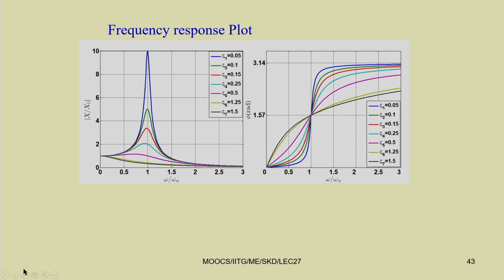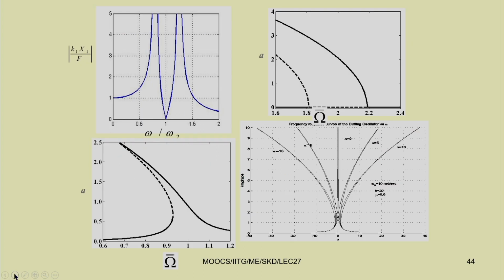This is the phase diagram also. This is the frequency response and this is the phase response of the system. That is for a single degree of freedom system, and for a 2 degrees of freedom system you can see we have 2 peaks at omega by omega n. If it is a tuned vibration absorber, then at that omega by omega n, x1 equal to 0. Similarly, this is for a linear system. When you are taking a nonlinear system, for example, in case of the Duffing equation, these are for different cases.